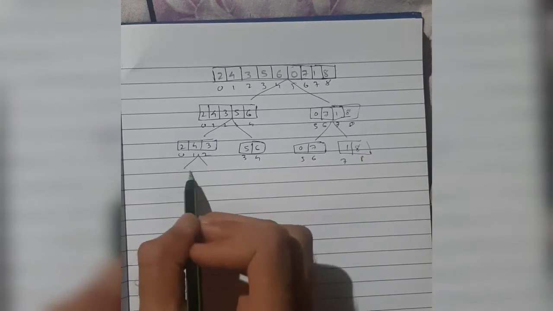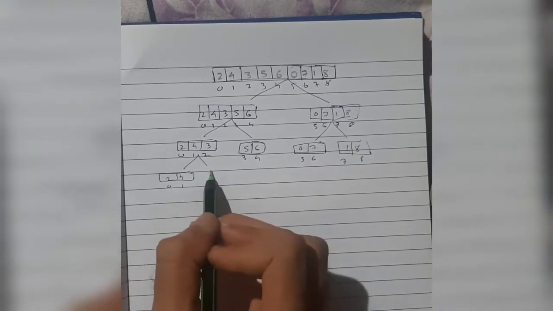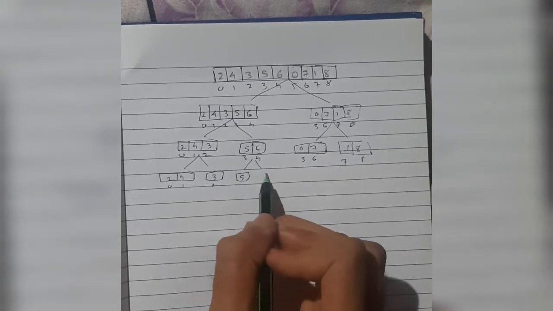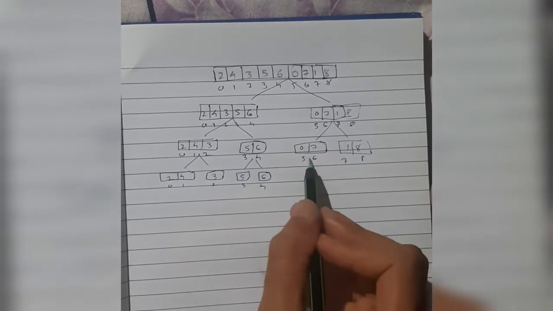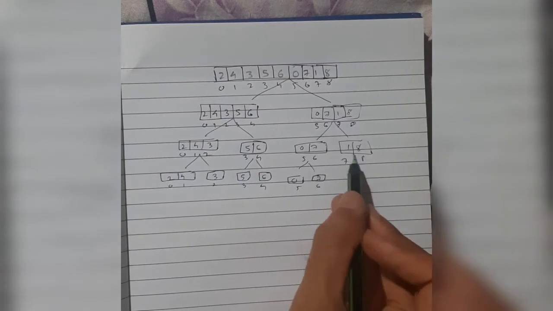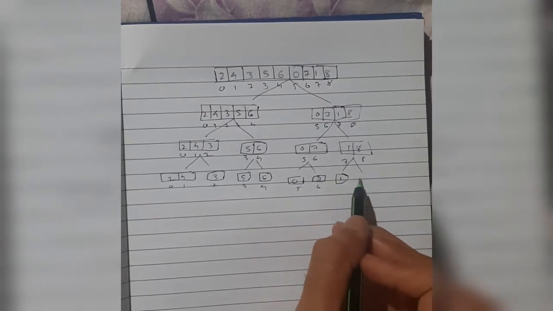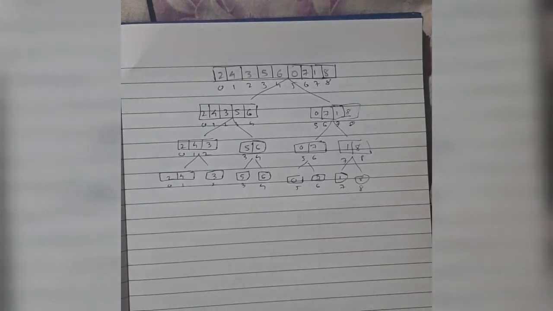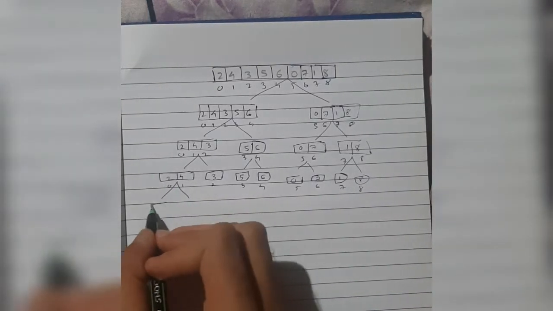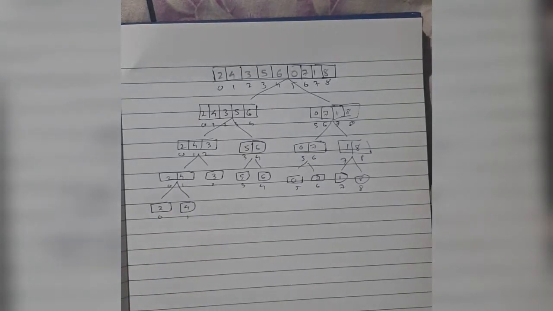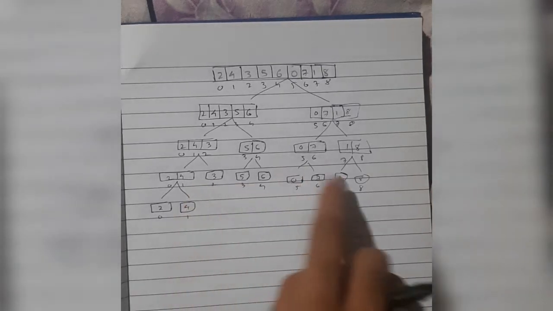And this one will be divided into two parts, which is 2 and 4, and here it will be alone, 3. And this one will be divided into two parts, 5 and 6. Here it will be divided into two parts, 0 and 7, and here it will be 1 and 8. Okay. Now this is what the total merge sort will do, and one remaining thing is this one. This will also be divided into two parts, which is 2 and 4. Okay. So merge sort will individually divide all the elements into two parts.